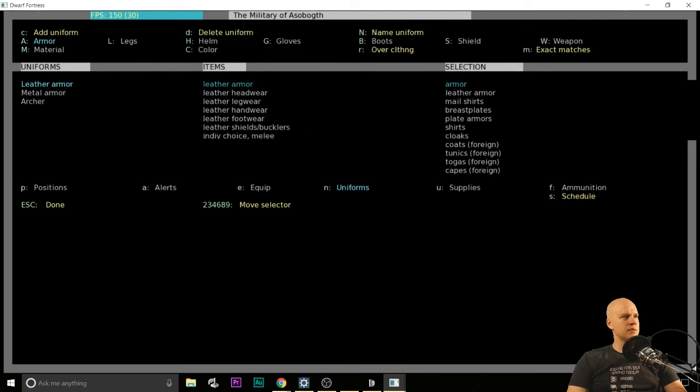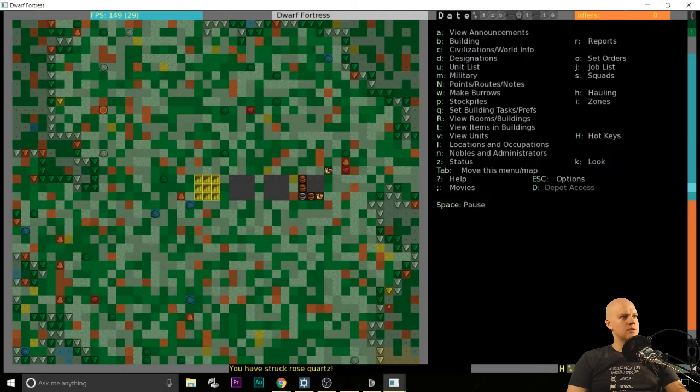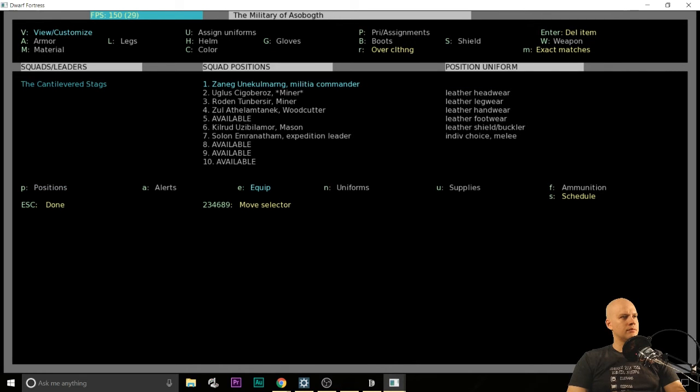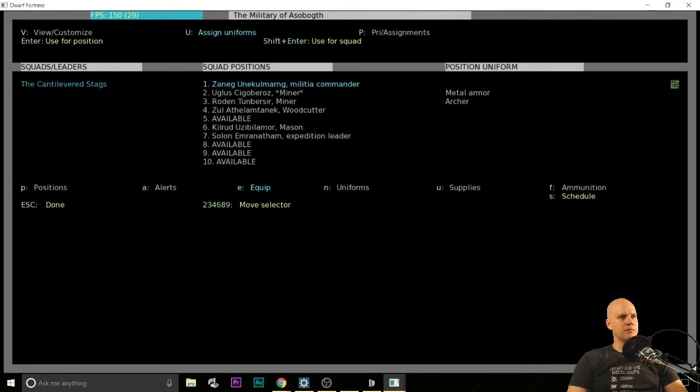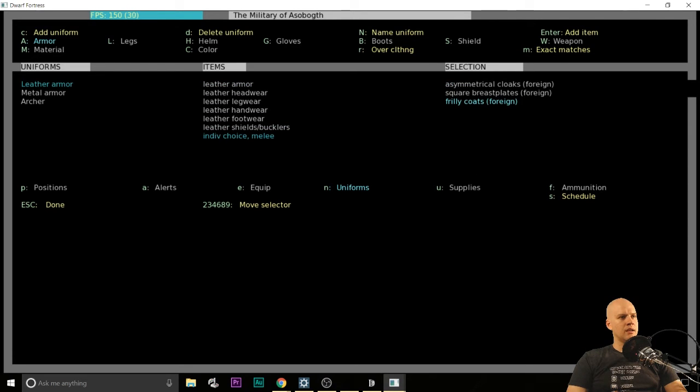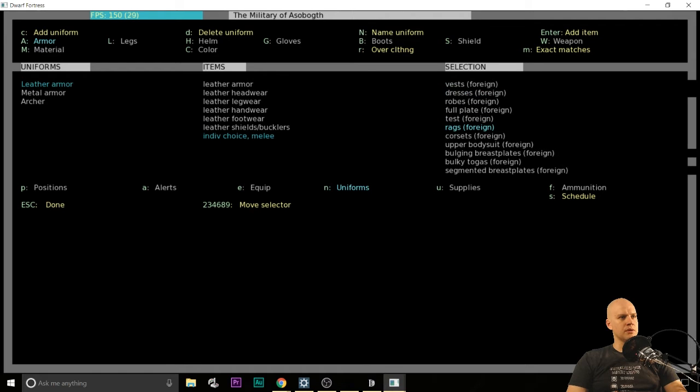For uniforms. Oh, that's not where I want to be. Let's see. We want to equip. Or do we? Assign uniforms. We don't have a no preference one? I don't like that. I don't like that. Let's go back to... Okay. Individual choice melee. I want there to be individual choice...